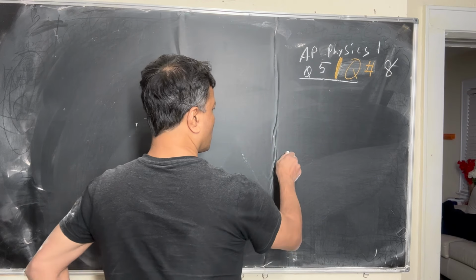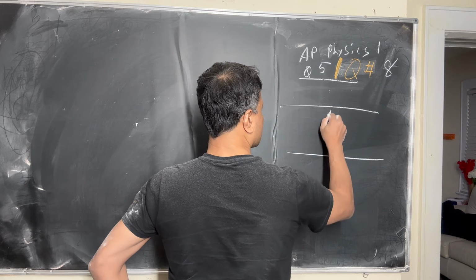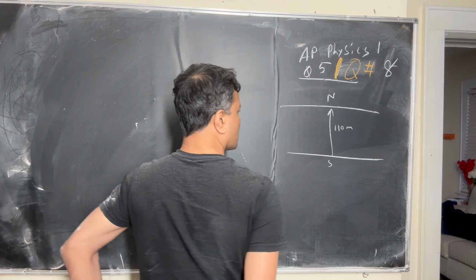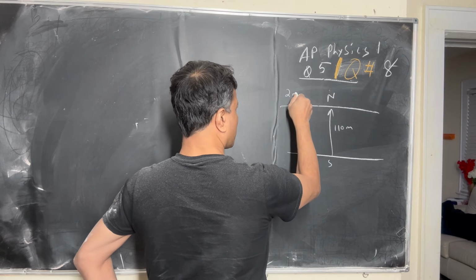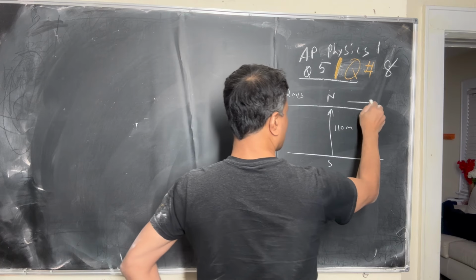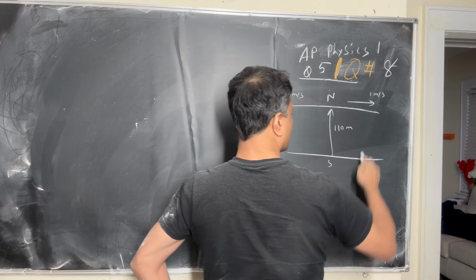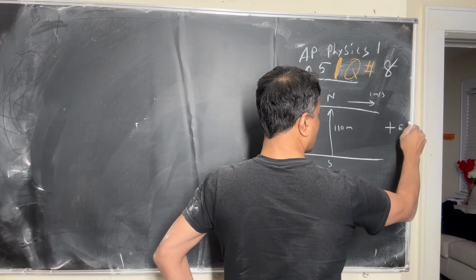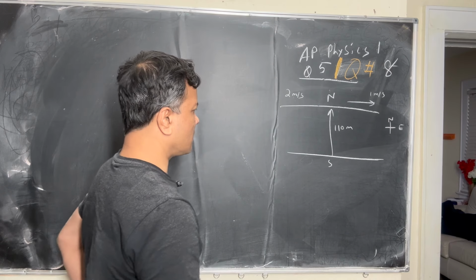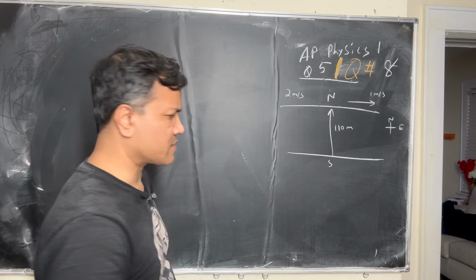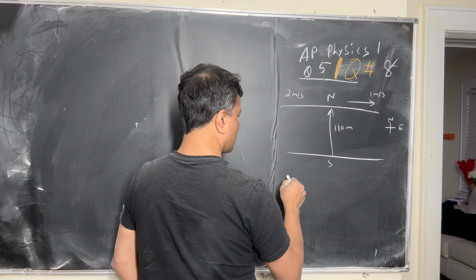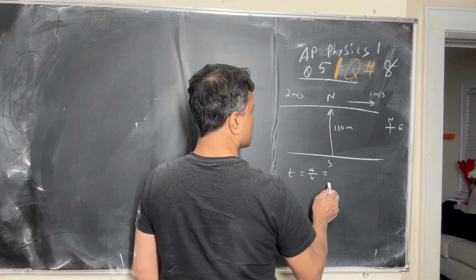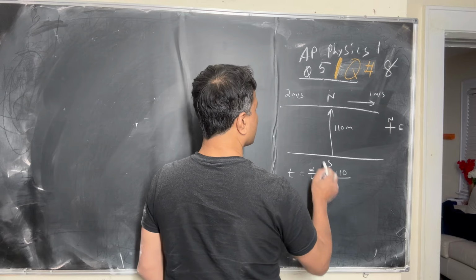So now this is 110 meter from south to north. You can swim 2 meters per second. The water moves 1 meter per second to the east. Okay, now the time it takes, again, how long does it take? So t is equal to d over v. So d is 110 and v is